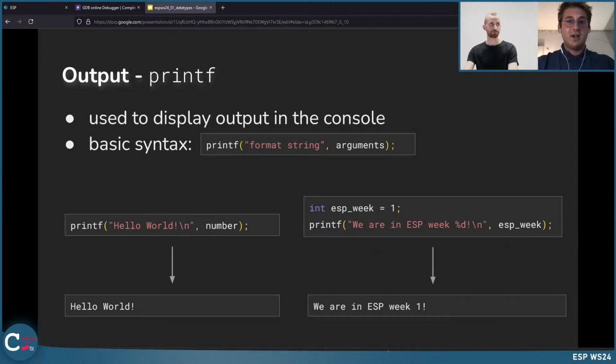So we can just print hello world and don't use any format specifier and therefore no arguments. But the more common case is to use, for example, here ESP week. We initialize it with value 1 and then print it using this strange combination % and d. So what is this?